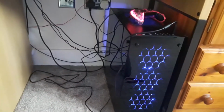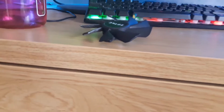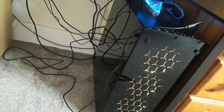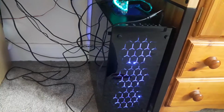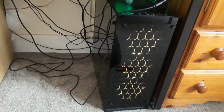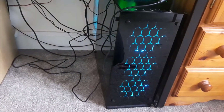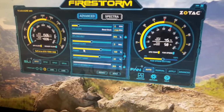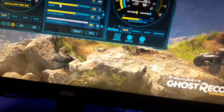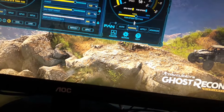And there you have it, nearly like new. Old 90mm fan, new 88mm fan. It might be, no, yeah, it should be at least 88mm. Now we shall check temperatures. Pretty average temps. And if we speed it up,